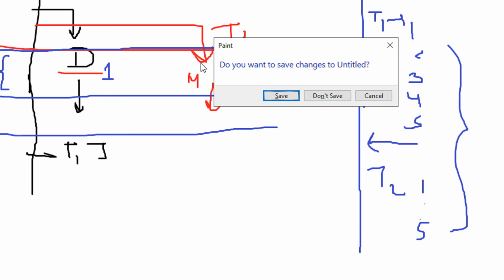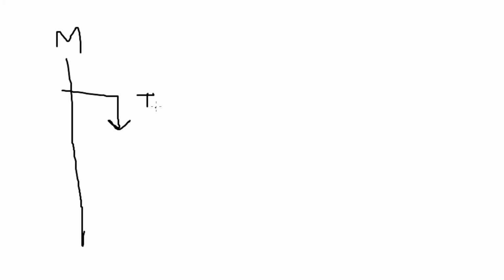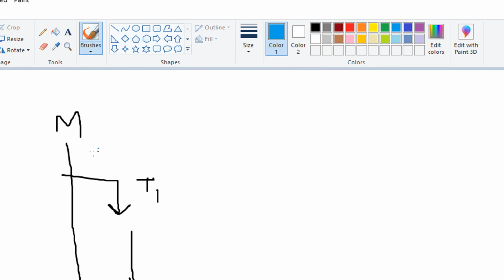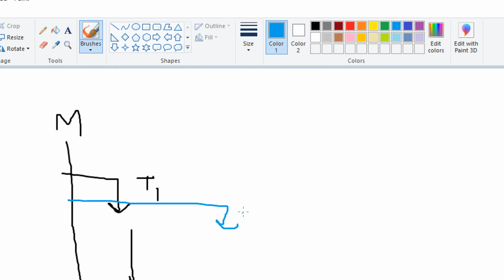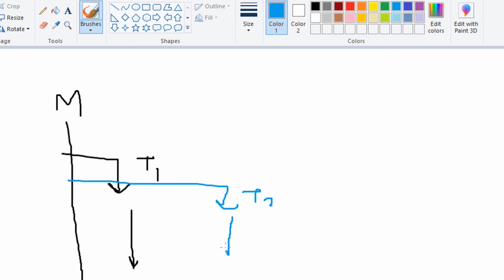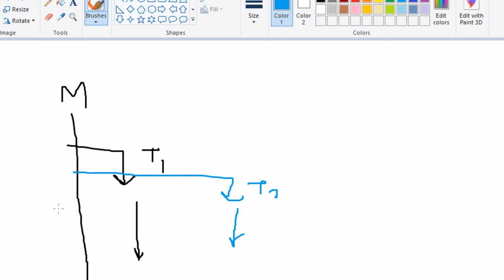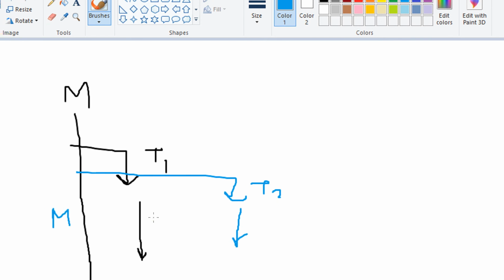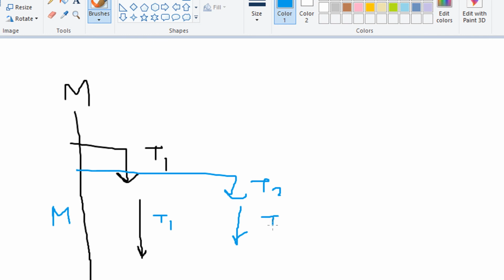But right now, what is happening? I have the main function, which is going like this. I say, okay, T1 dot start. T1 is executing its own parallel process. And because of threading, T2 is starting its own parallel process. So we have three parallel processes. The main is running, T1 is running, and T2 is running.